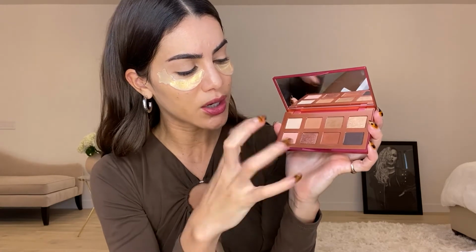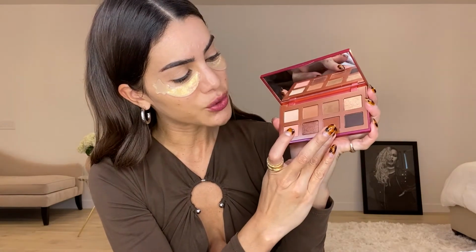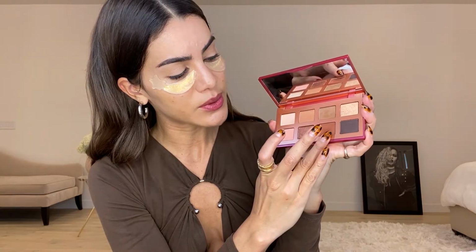Then next we have a shimmery brown shadow. It's like a brown terracotta, but with a lot of shimmer in it. It's gorgeous also to wear by itself. And we have a true terracotta, which is a very warm, deep brown. I'm obsessed with this as well. And last but not least, a super dark brown. It's almost black, okay? So those are the 8 shadows,